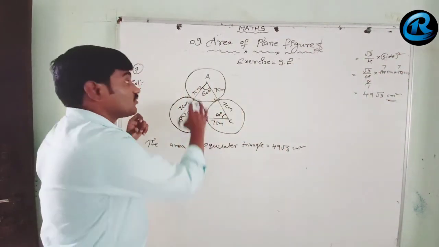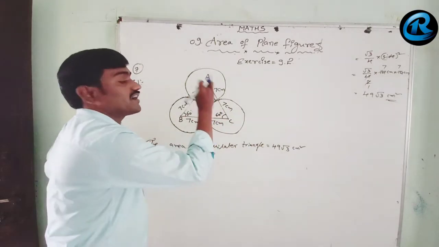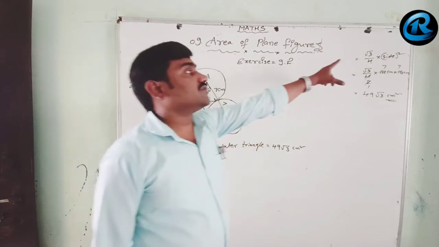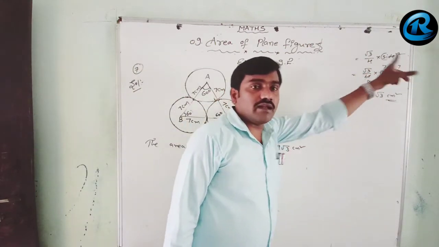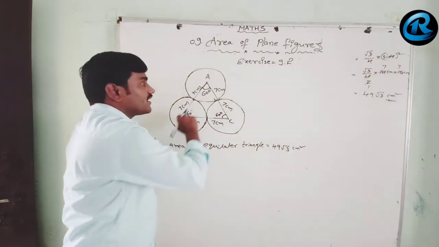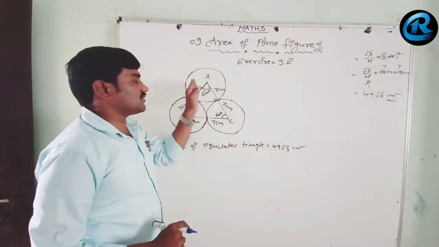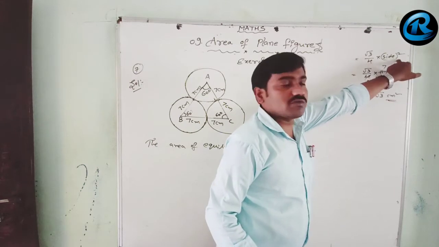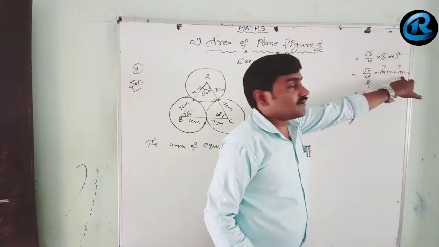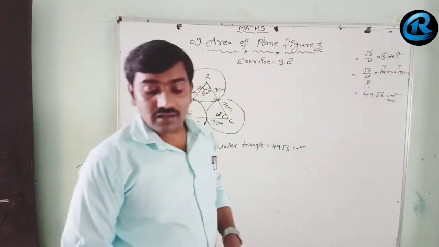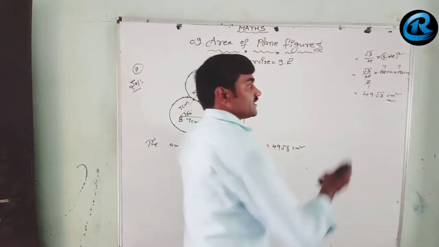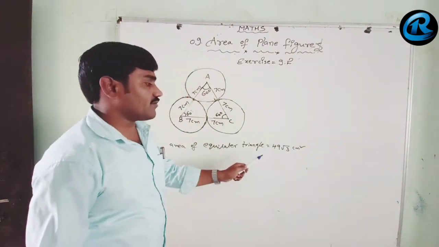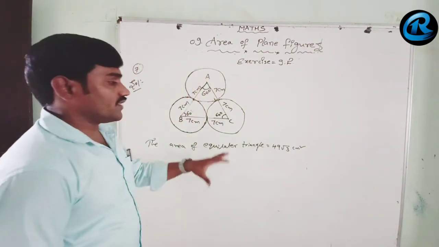If they have asked you to find out the area of an equilateral triangle, you have to use that formula, root 3 by 4 into side square. What is the side of the equilateral triangle? Here it is 7 plus 7, 14, so 14 centimeter into 14 centimeter, because it is side square. Since it is side square, I wrote it twice. So you easily get 49 root 3 centimeter square. Not only 14, whatever is given, it is the formula of area of equilateral triangle. So they got the same thing.